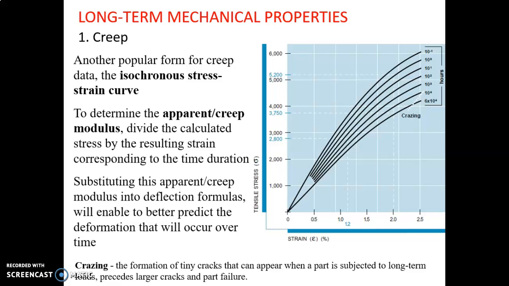Another popular form for creep data is the isochronous stress strain curve, which plots tensile stress versus strain at given time increment. And we can see this figure about the isochronous. To determine the apparent modulus or the creep modulus, divide the calculated stress by the resulting strain. Okay, kita dapatkan value stress by strain from the isochronous